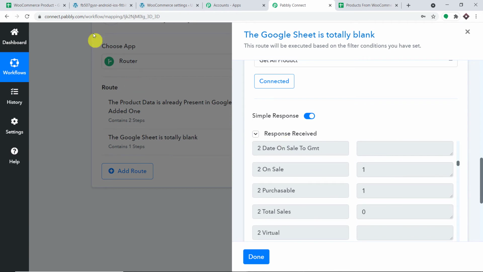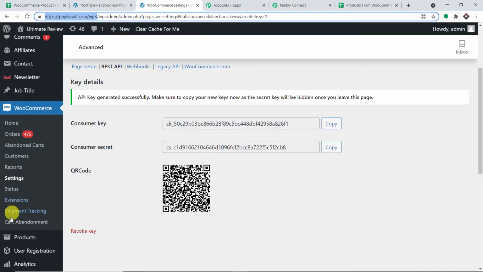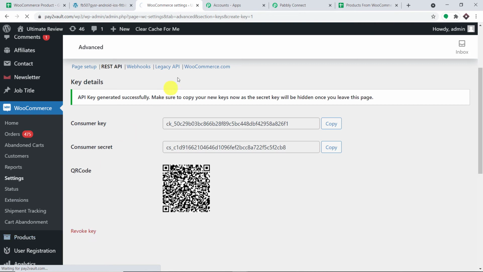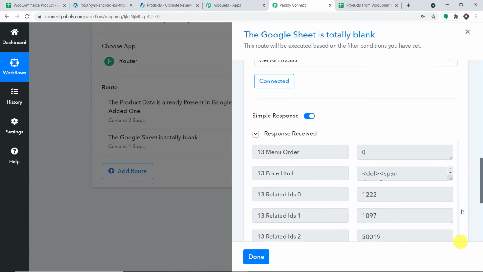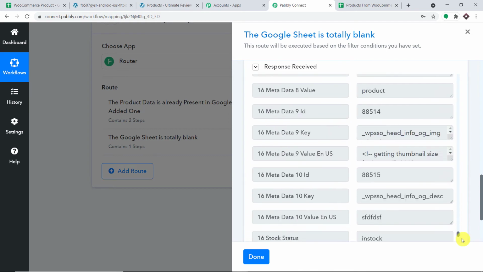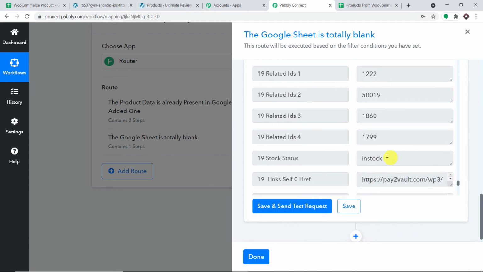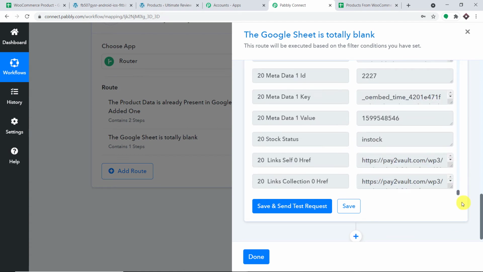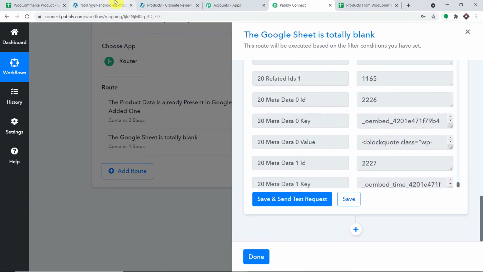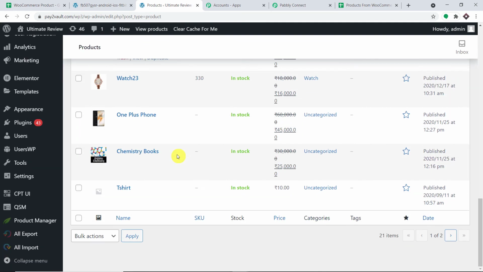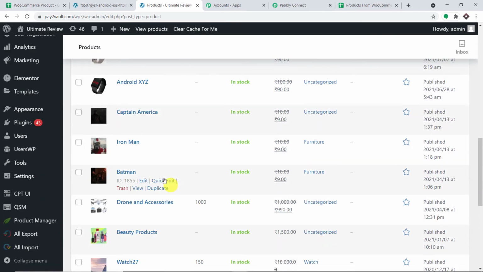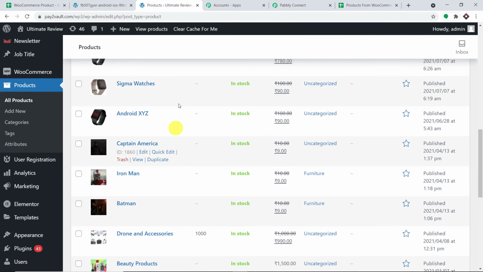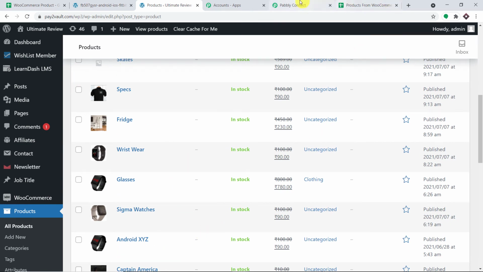Okay, so basically all the products that are present in my WooCommerce store. Let me just show you all the products that are present in my WooCommerce store. All the products data has arrived here. And the last product I think was, the oldest product, not the last product, the oldest product. So it's actually taking some time. Okay, so the oldest product is of a Swiss watch, I think. So let's have a look. The earliest product was of awesome drone, and then we have the Swiss watch somewhere here. So basically we have got all the details. All the products that are present in my WooCommerce are now present here.